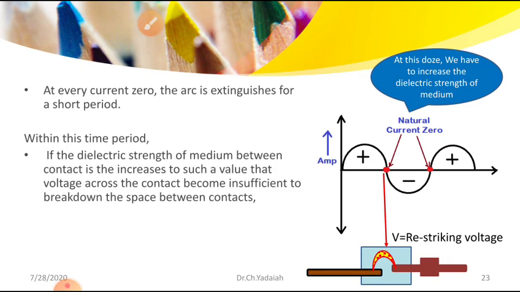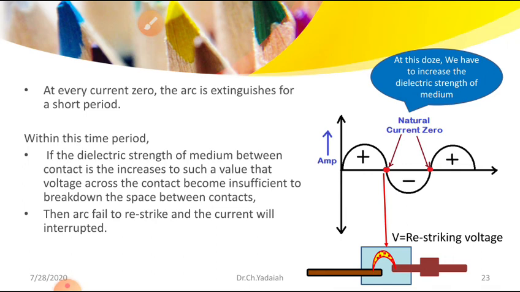So at the time of zero crossing, when the fault current comes to the zero position, we allow some extra cooling medium, a high dielectric medium, from outside between the two electrodes. The dielectric strength of this fresh medium is unable to be ionized by whatever voltage is raised between the two electrodes. Then if it is not ionized, the electrons will not flow through, and the arc will quench automatically. This is the thing you have to remember.